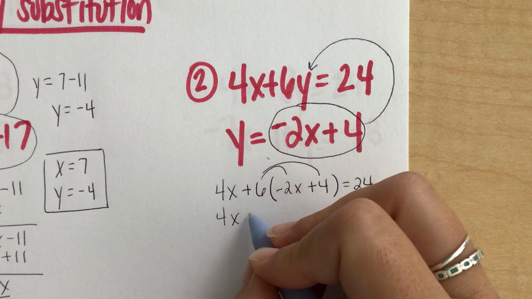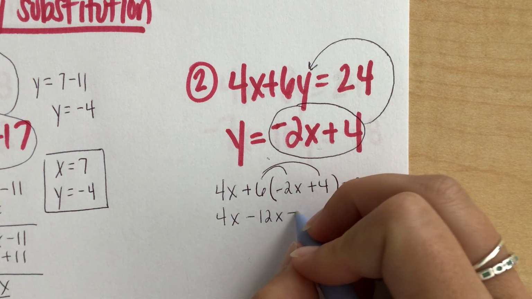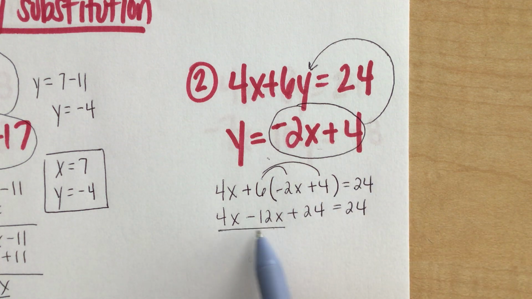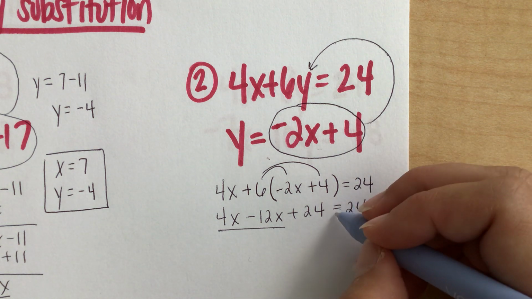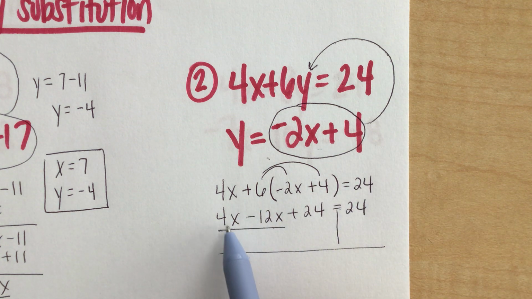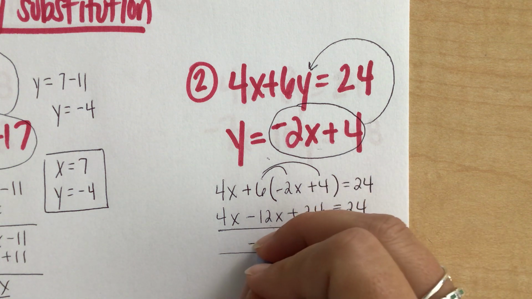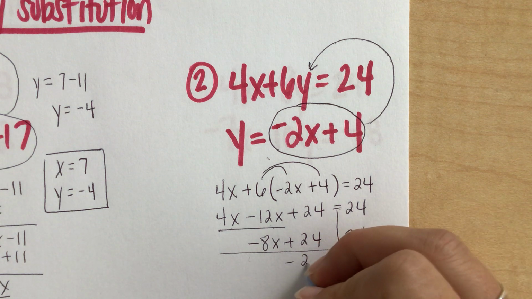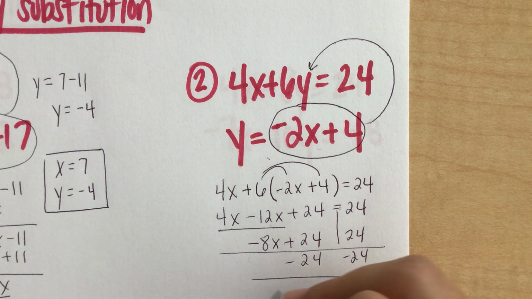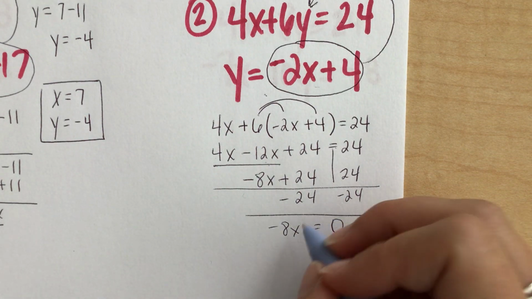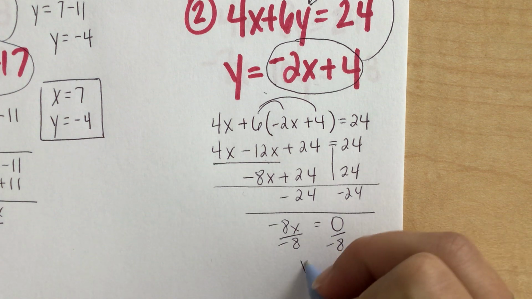So I bring down the 4x minus 12x plus 24 equals 24. Now, these two terms can be combined because they're like terms and they're on the same side of the equal sign. Remember, that equal sign splits it in half. So here I'm just going to subtract these. So this is just 4 minus 12, which gives me negative 8x plus 24 equals 24. I'm going to subtract 24 from both sides and then divide by negative 8,